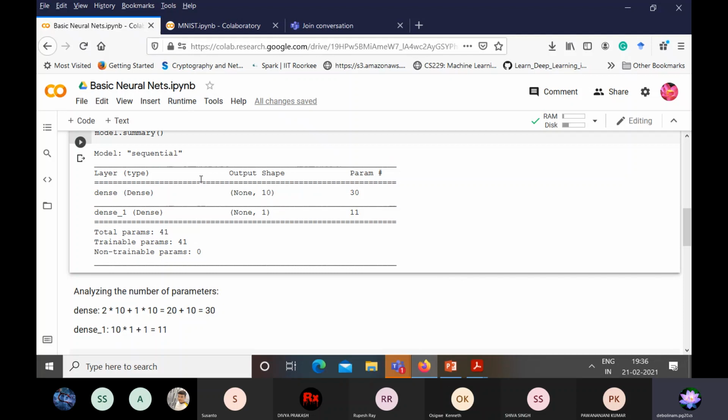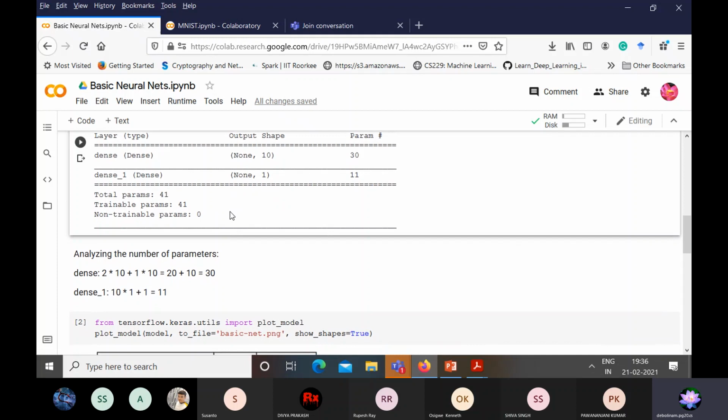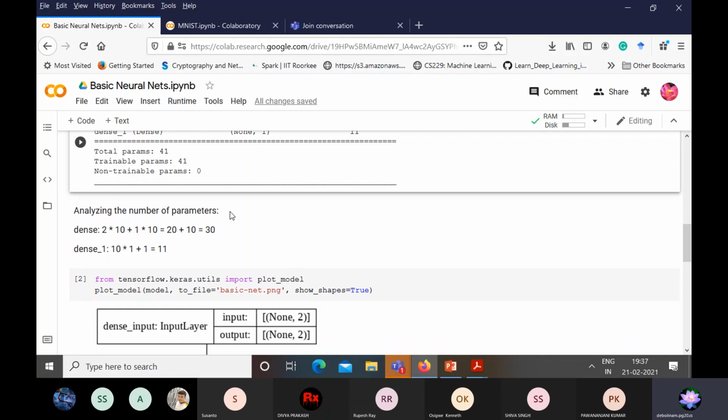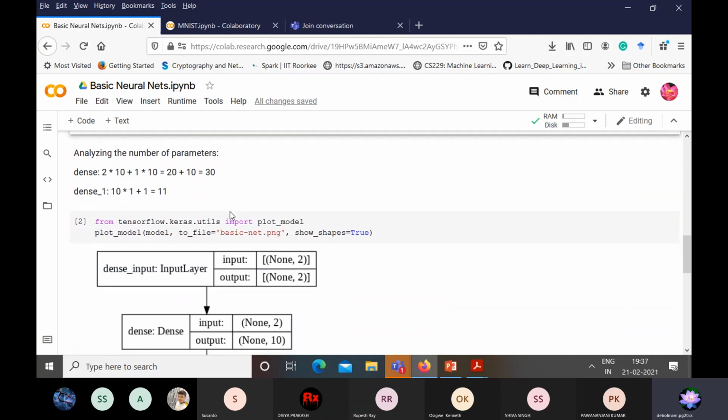Similarly, when we want to compute the number of weights between the hidden layer and the output layer, in the hidden layer you have 10 neurons, and in the output layer you have just one. So 10 into 1, we have 10 weights plus 1 for the bias. The bias will also have a connection with the output layer. So you have 1 and we get 11. And then if you see, the total parameters are 30 plus 11, which is equal to 41. So that is the way you can see how the different parameters are getting computed. It is actually based on the number of weights that we have.